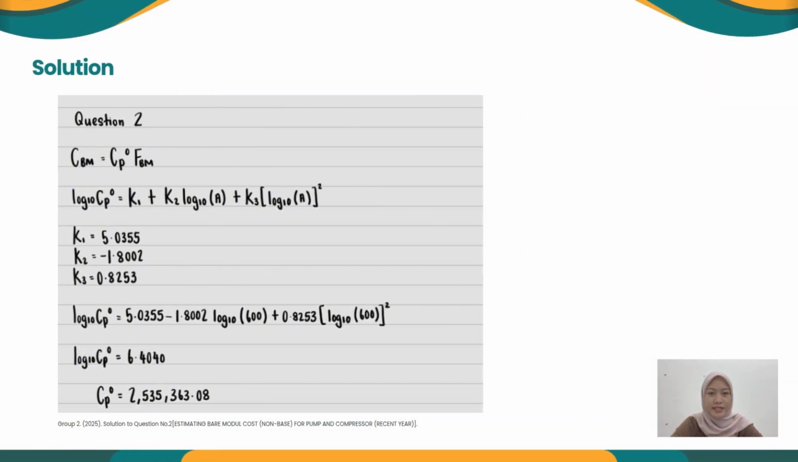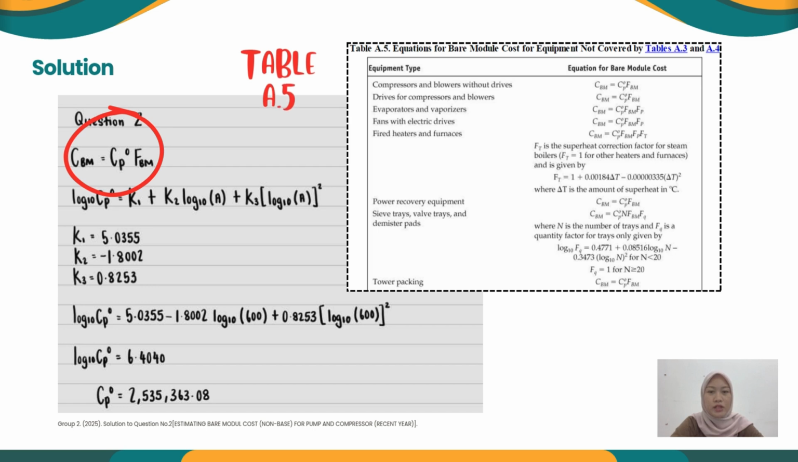Different to the previous example, the calculation used to find the bare module cost for compressor will be using different equation. The equation is CBM equal to CP0 times with bare module factor FBM. This equation can be found on table A.5 on page 29 in the handbook. Firstly, to find the